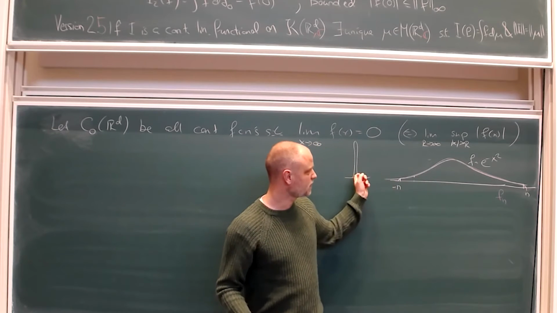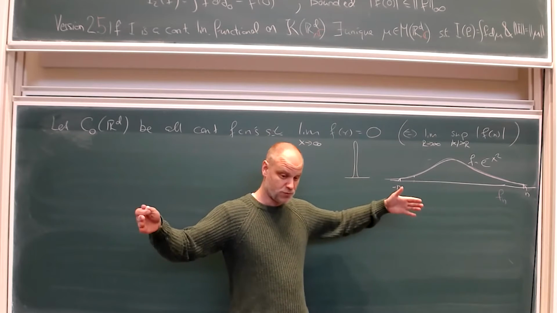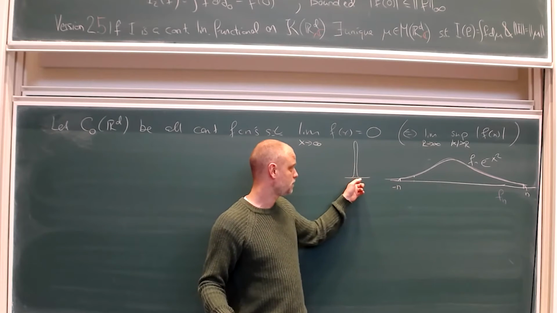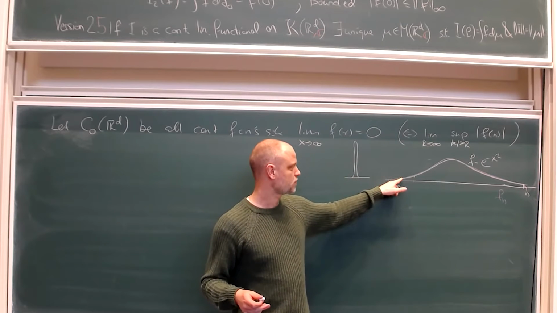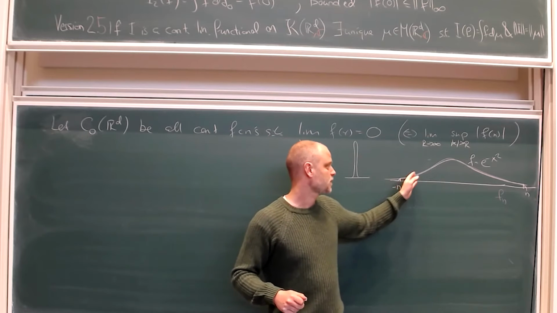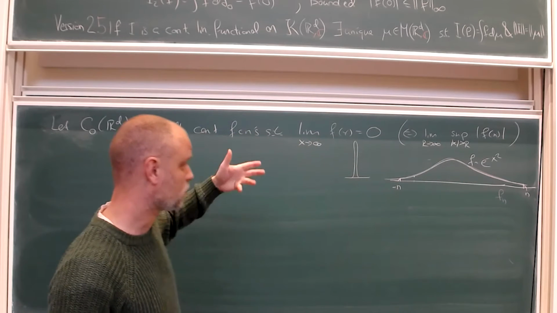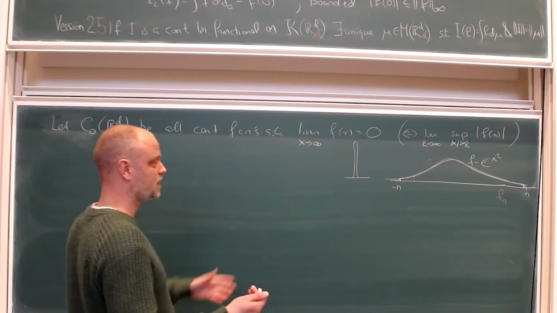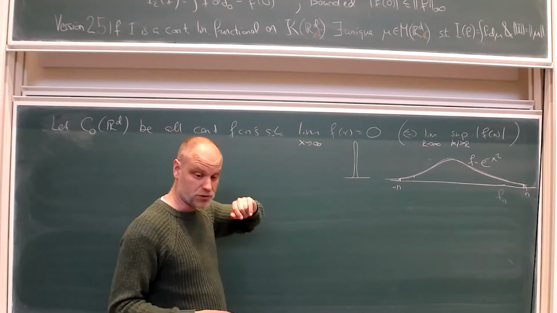So if you convolve these two, you get something which is 0 outside, near where you chopped off. This one also has some extent that you have to take into account, but just like here, it will go down where you chopped it off to 0, and then inside it will be very close. So that's a way of approximating in R^d any given function f here with functions